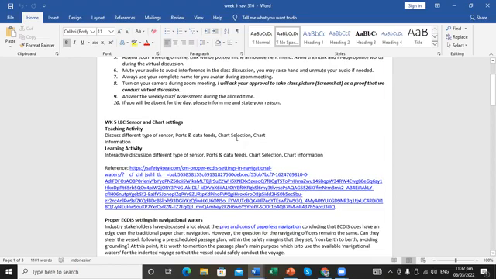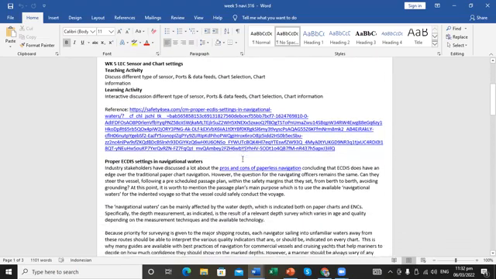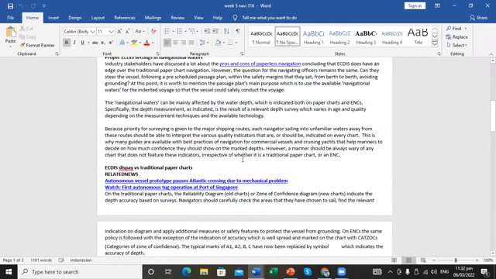Before we start, let me tell you about the difference between the traditional paper chart and the ECDIS, or electronic chart display information system. In the traditional paper chart, the old chart is called the reliability diagram. Despite having the diagram or pictures of the information about the areas that you want to proceed, you still need to update it every week manually.